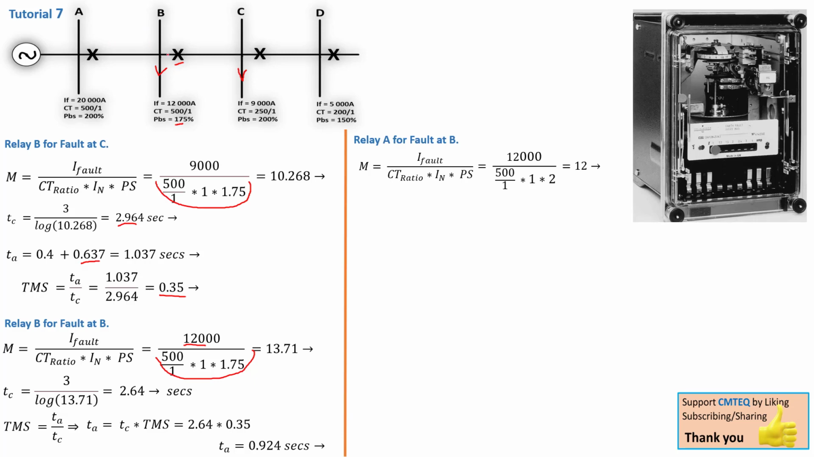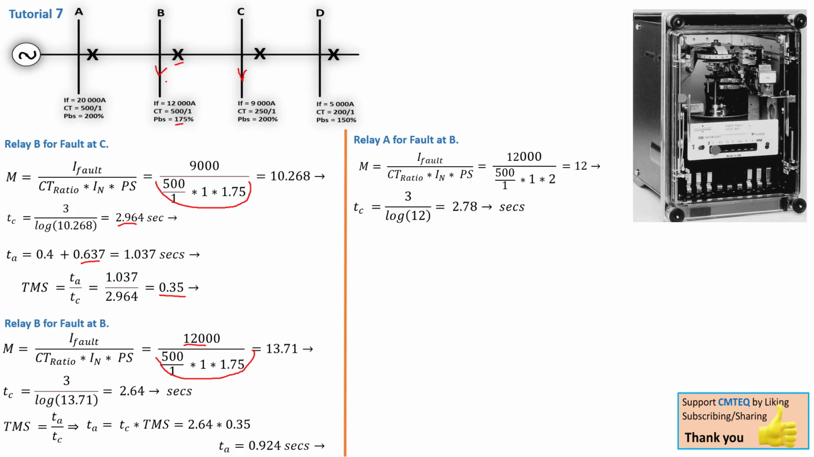So now the fault on bus bar B is 12,000, and this relay A here, just like relay B, has a CT ratio of 500, and this one has a plug setting of 200% compared to relay B of 175%. So we got an M multiple of settings of 12, and this will then be used to calculate our TC, and we get a TC tripping time of 278 seconds. Okay, and then from here we can calculate the actual time for this relay,